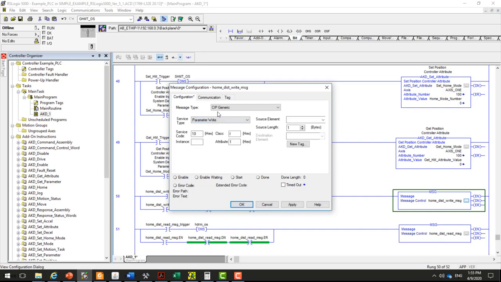So when you choose that, the service code, class, and attribute all get filled in for you. And the only thing that you really have to enter here is you need to point to the instance number, which we had determined is instance 200. Now, instance 200 was 4 bytes, so I have to set the source length. And the source element will be a tag that holds the value